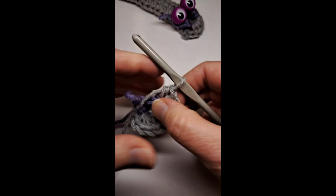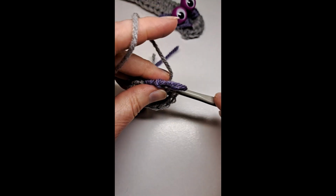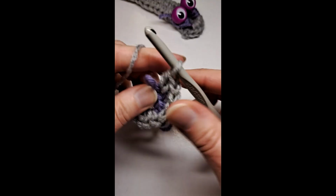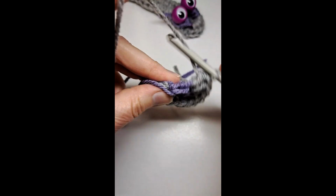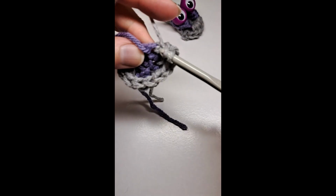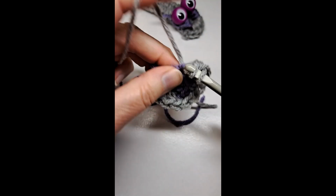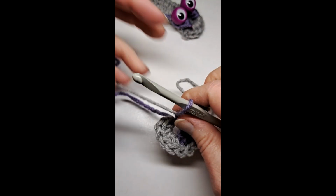So I'm just going to do 2 of the gray and each of the purple's back loop, and I'm going to grab the loop below. So there's 2, and then in this last one of the purple so far I'm going to do 2 more. There we go. Pull up a little bit of the gray, and I'm going to grab the purple,